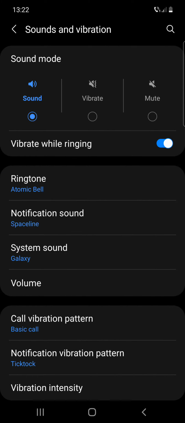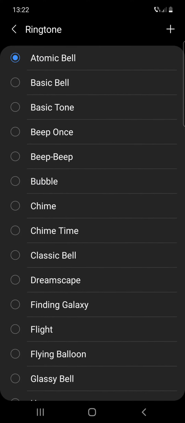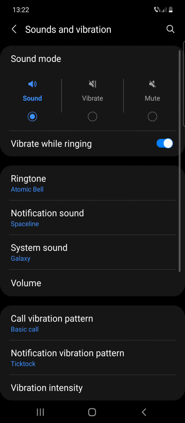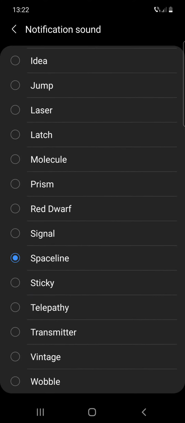And here you can see several options for that, like the sound mode, where there is normal sound, or only vibrate, or mute your phone, and you can add an additional option like vibrate while ringing. Here you can see the ringtone. You can select from the list, and you can also select the notification sound